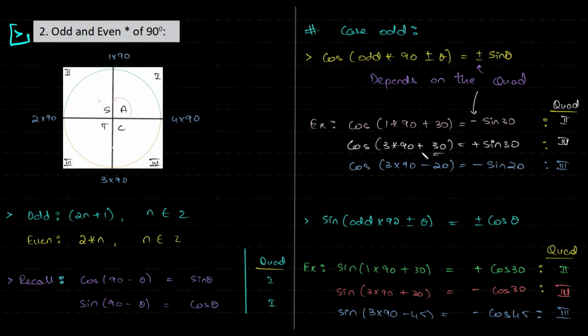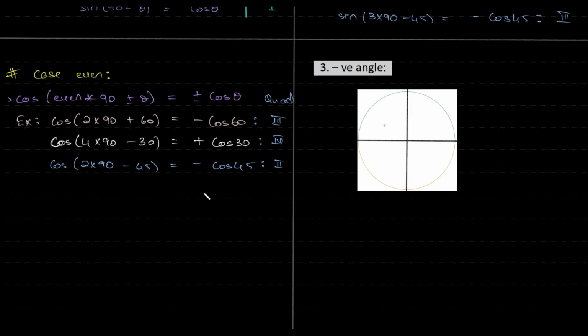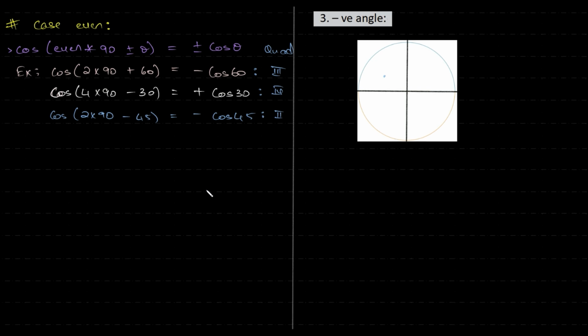Okay, so 3 into 90 plus 30 ended up being positive, while 3 into 90 plus 20 or 30, whatever, it won't matter. The nature of the value will be negative. Right? This is how you should think. Okay, guys, very simple, is it not? Don't worry, there is a set of tricks that we can use to make it simple. When I'm doing numericals, I'll teach you guys that. Now, coming back to your